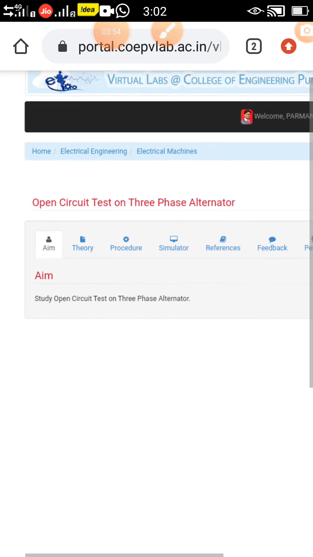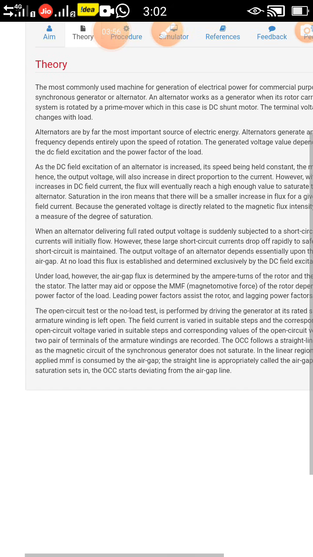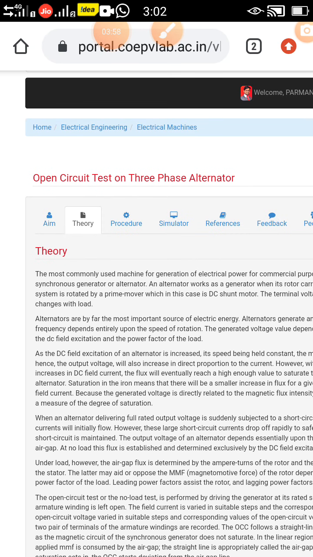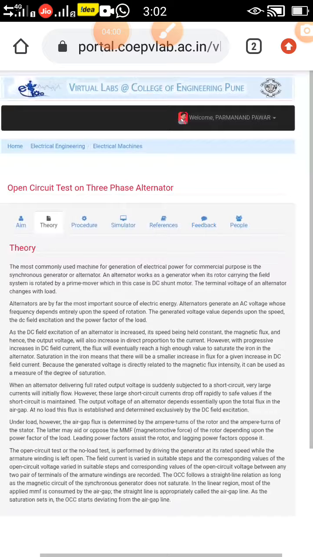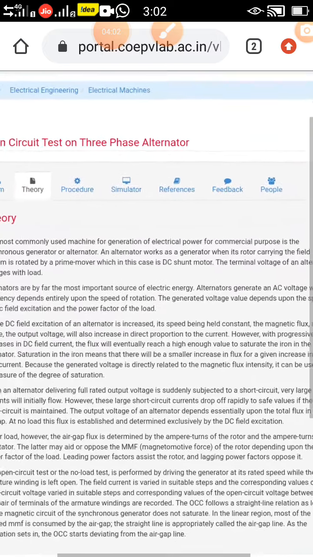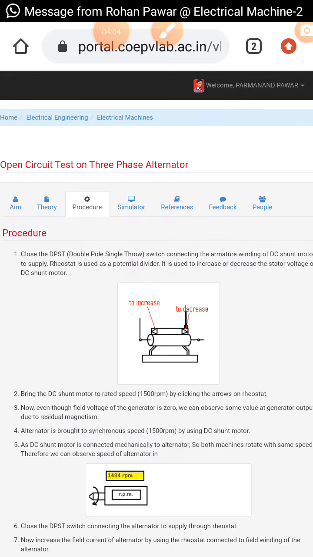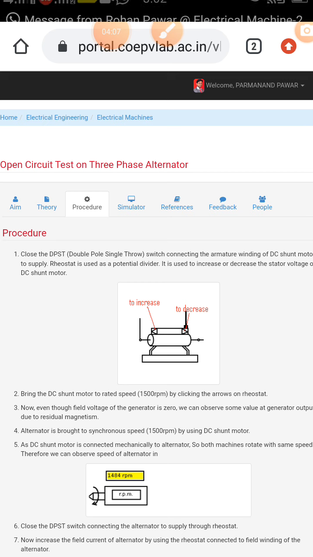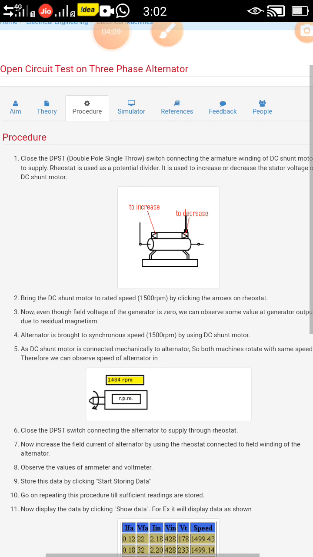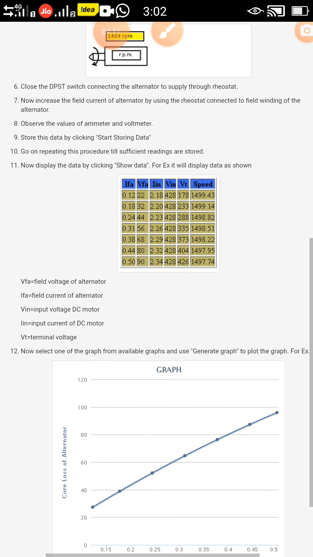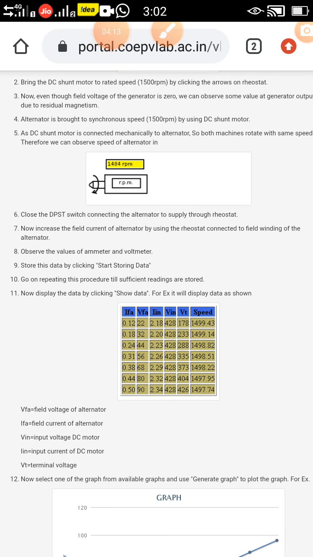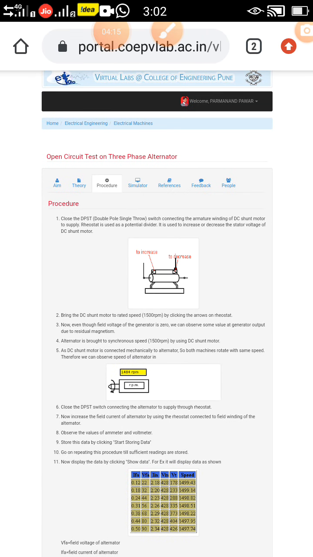The theory regarding this part is available with us. So this is the theory. Before we start the experiment, first of all read this theory. After completion of theory, there is a procedure. While performing the experiment, the detailed procedure is available with us. With the help of that procedure, we want to perform the experiment.